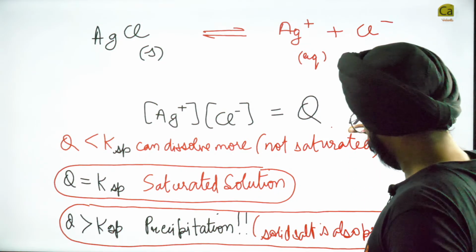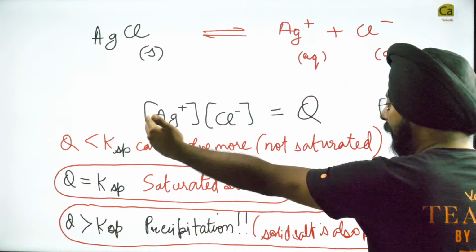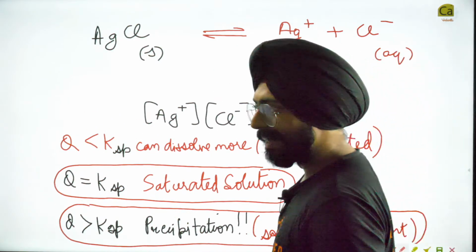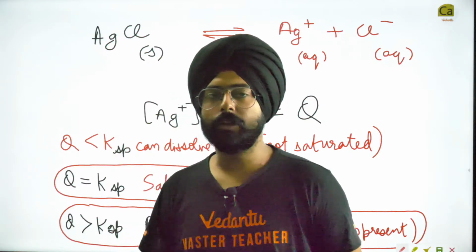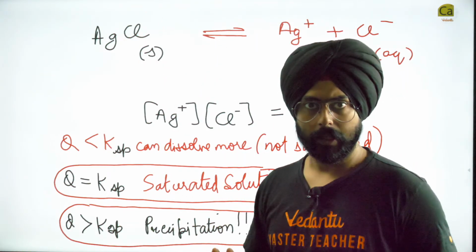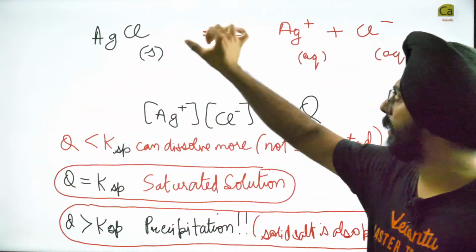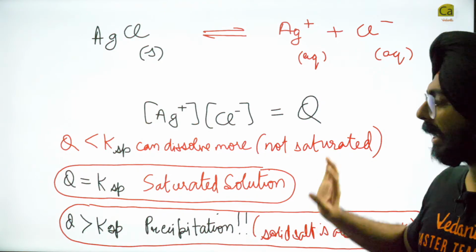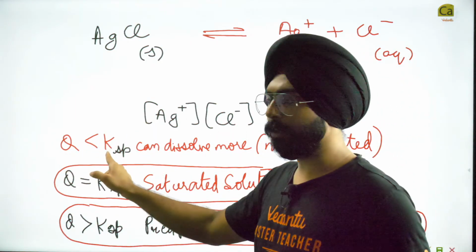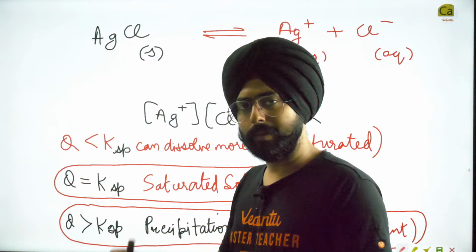Okay, so people, once again telling you that this is how we have to interpret salts and their solubilities. Once you dissolve the salt, you will check the reaction quotient. The Ksp will be given to you, don't worry about that. Ksp is a value that will be given to you.